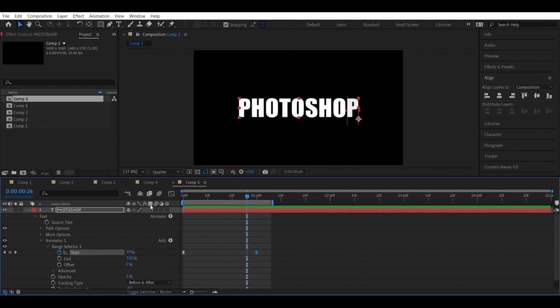One more thing you can do is that at the end you can apply motion blur to everything if you want a more snappy look. So these were the 5 effects which I mostly use in my videos.